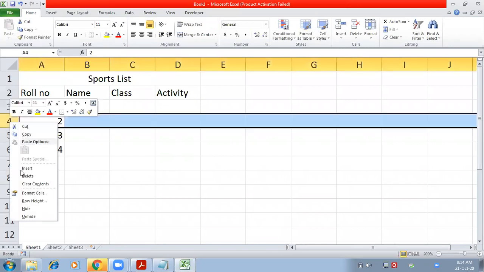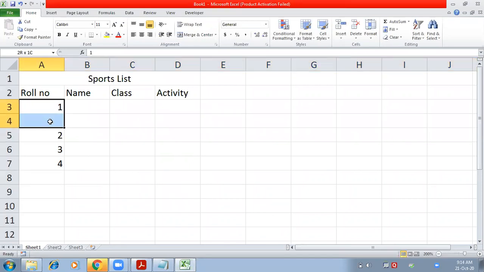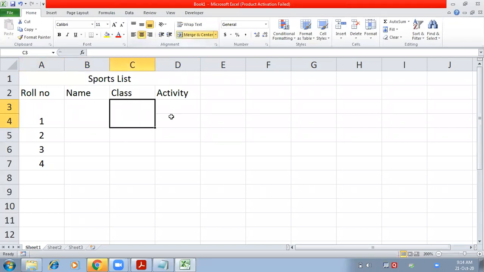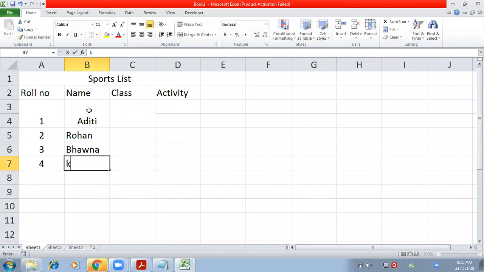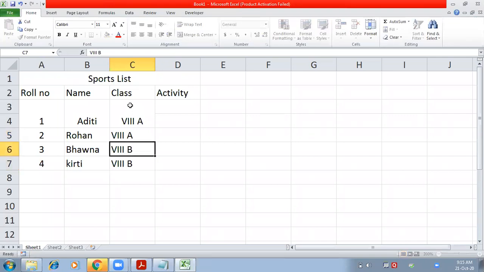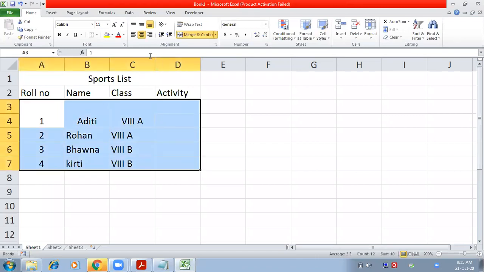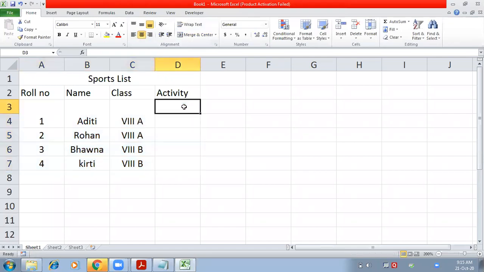Suppose roll number 1 is doing two different activities, so we have to merge these two cells also. Activities.